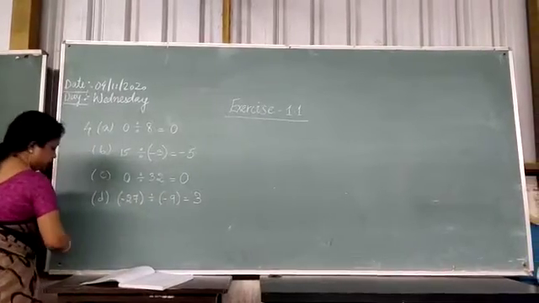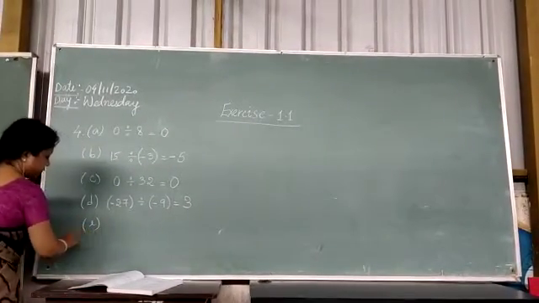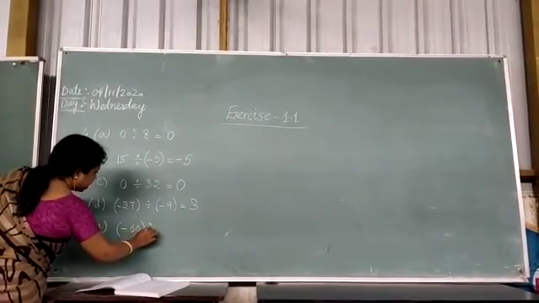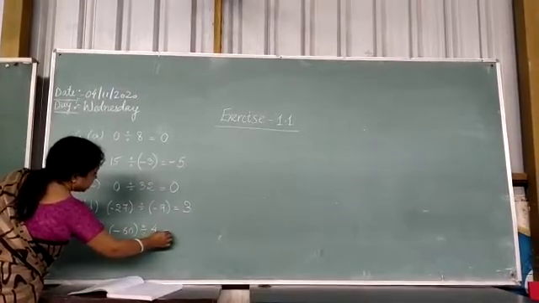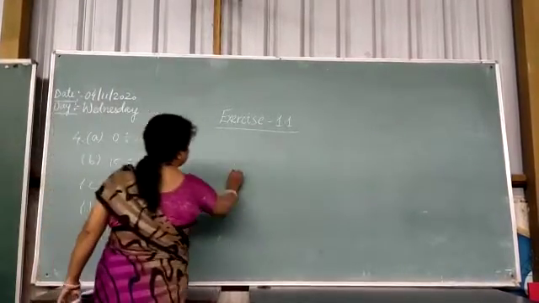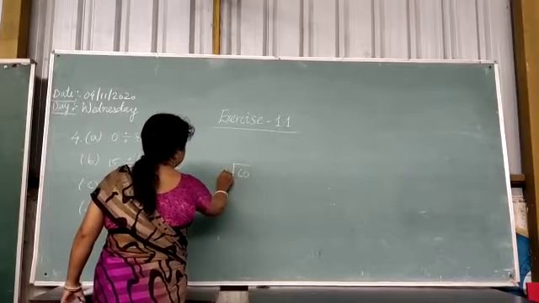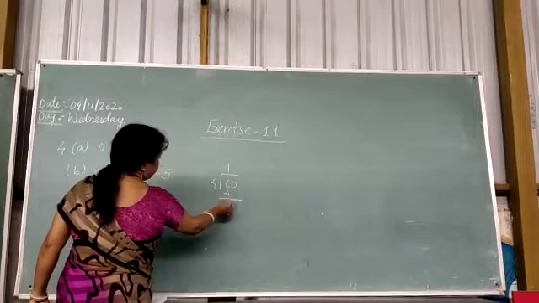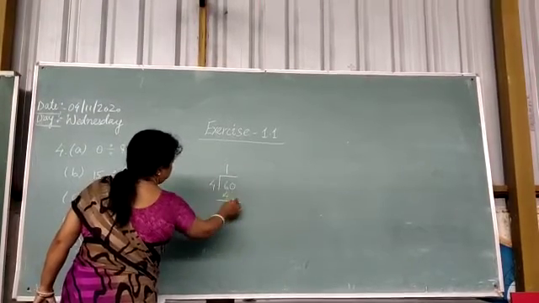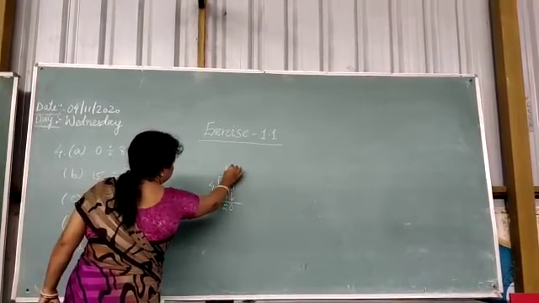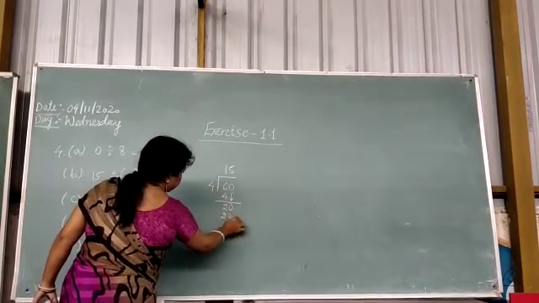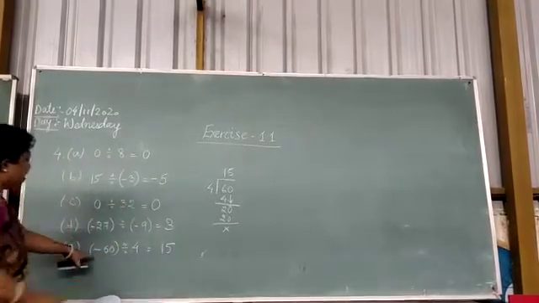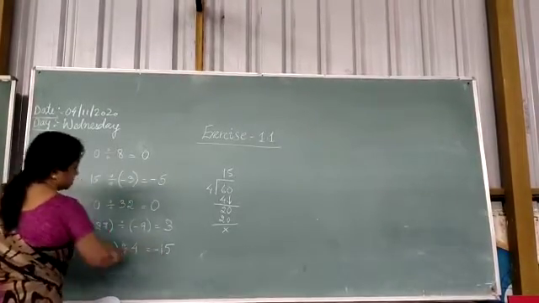Next we come to number E. What is given there in number E? Minus 60 divided by 4. What is the answer? 60 divided by 4 is how much? 4 ones are 4. So 6 minus 4 is 2. So we bring down this 0 here and 4 5s are 20. How much did we get as the answer? We got the answer 15. And what is the sign here? The sign is minus. Right?